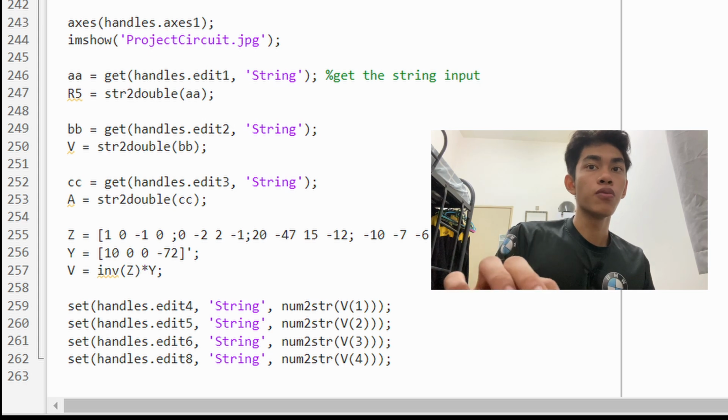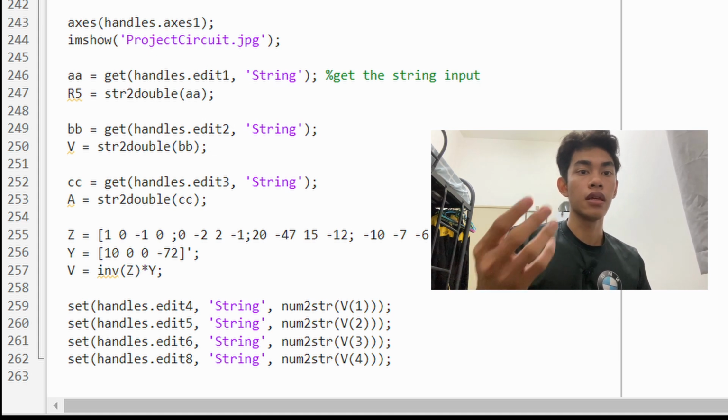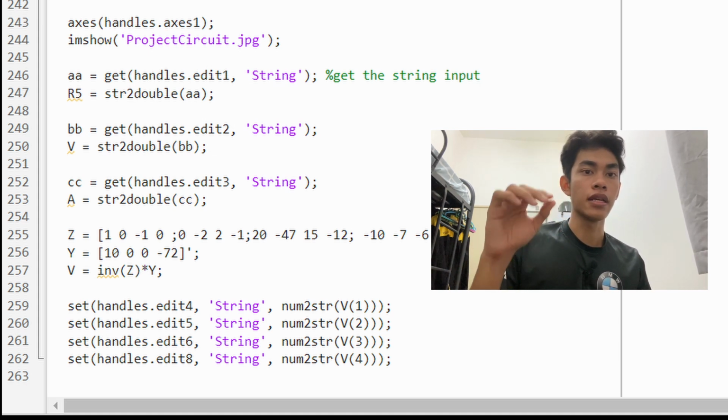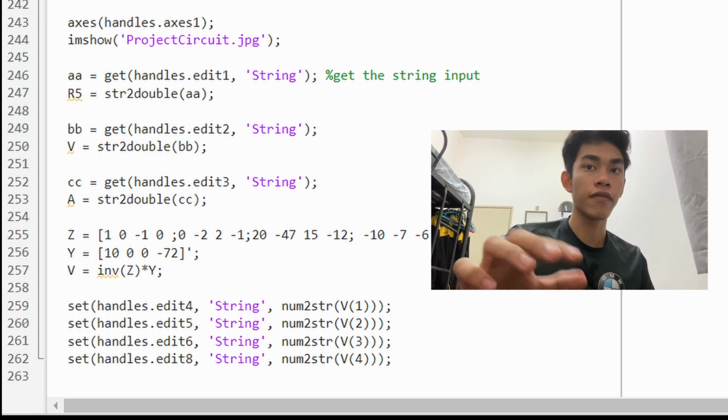To make the answer pop up, we use this command set handles.edit4. Then we need to write string because we want the value to pop up at the edit box, which is num2str V bracket 1. Same goes to V2, V3 and V4.